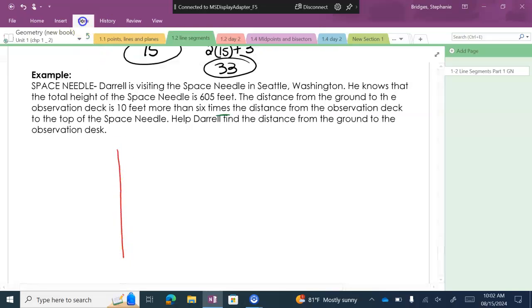So here's my Space Needle. And it tells me that that is 605, right? From the bottom to the top. Then it says the distance from the ground to the observation deck. Okay, now the observation deck is going to be kind of up top. Let me draw that in green. So let's say your observation deck is here. So the distance from the ground to the observation deck